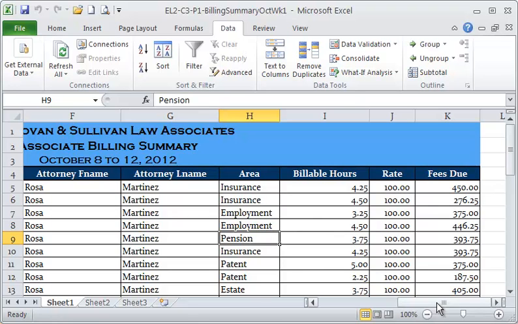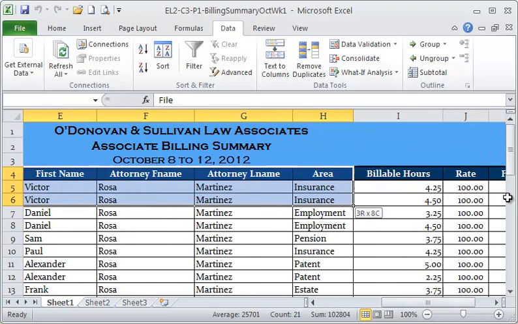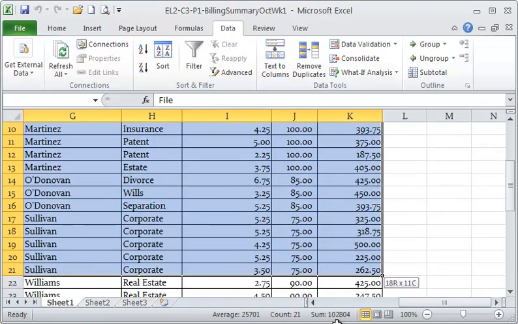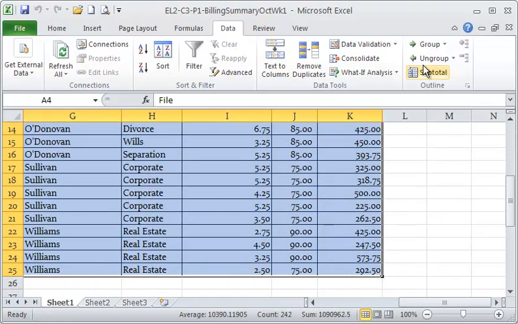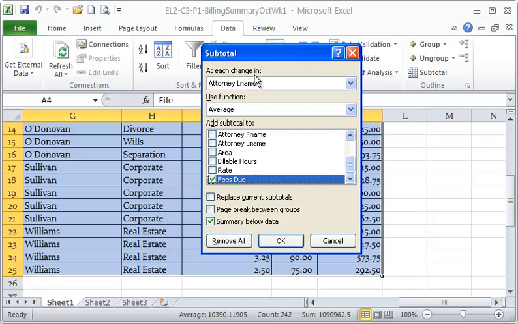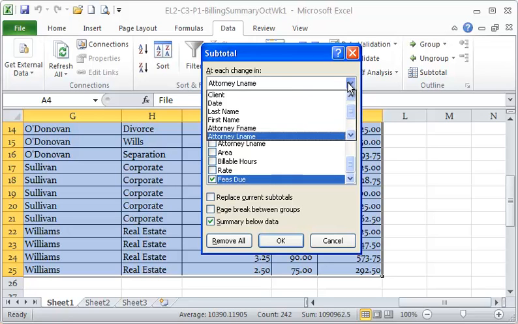But by doing that, the first thing that you have to do is sort by the area. You've got to get those areas grouped together. Now I'm going to do it once without sorting, and you'll see what kind of a mess it makes. So I'm going to do a subtotal from the get-go without sorting. Okay, subtotal. When it changes areas, we want all the insurance, and when it changes to real estate, we want it to recalculate. So the area,